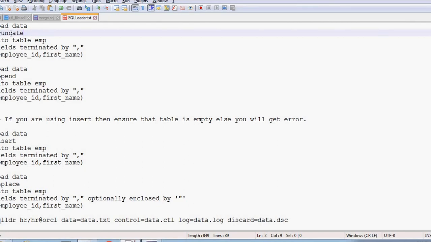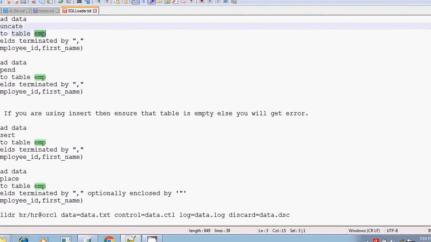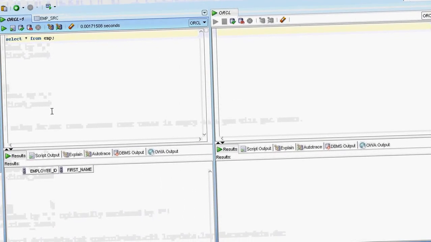You have to specify that. In this case I am going to truncate the data in the target table and then load into the table, the table name here is EMP.